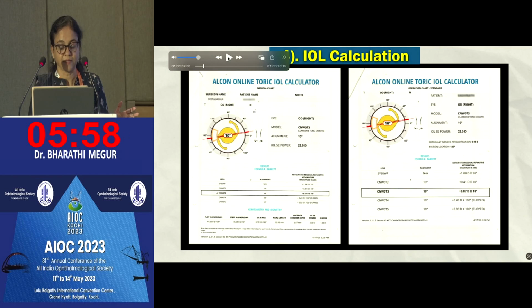So what I try to emphasize here is that we didn't have optical biometry in this patient. We did not have any other ways of estimating the posterior corneal astigmatism. With two simple tests which converged on the biometric values, we were able to get an emmetropia target of 6/6 in this patient. Coming to the next patient,